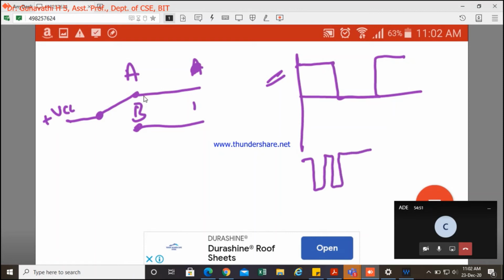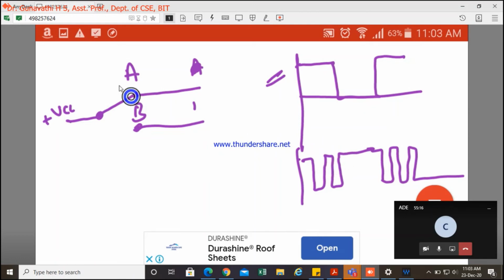It keeps changing its states for a certain time, and after that it stays in high. Even if I make it low, it doesn't go low in one shot. It will bounce again and then settle down. That is how it works.